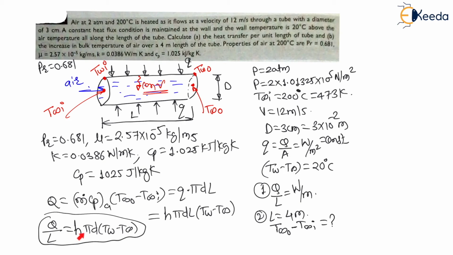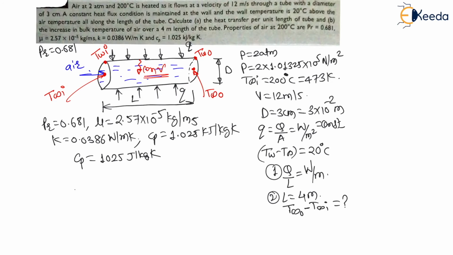To calculate convective heat transfer coefficient, we have to calculate Nusselt number, because we have a relation of Nusselt number with this convective heat transfer coefficient. And to calculate Nusselt number, we have to calculate Prandtl number and Reynolds number. Prandtl number is already given in the question, so let us calculate Reynolds number. Now here, for flow through pipe, the Reynolds number is nothing but rho V d upon mu, right? Where rho is density of flowing fluid, V is the velocity of flowing fluid, d is the diameter of pipe, and mu is the viscosity.